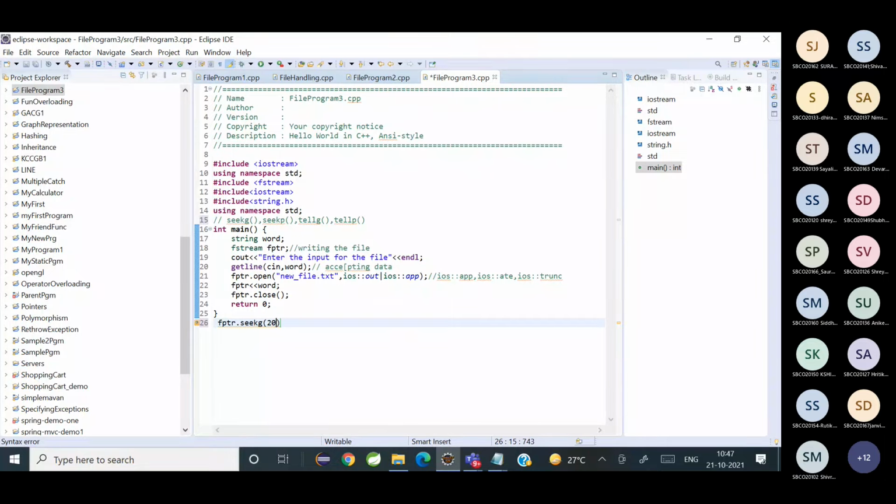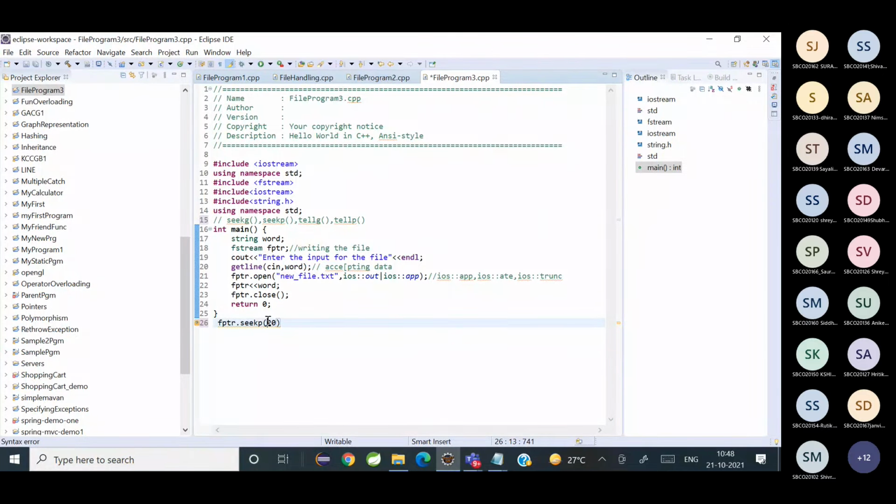Okay. And seekg is used in which mode? Input mode, when you are reading from the file. And if I put P here, seekp means you are setting the pointer or doing the seek operation in the write mode or output mode.